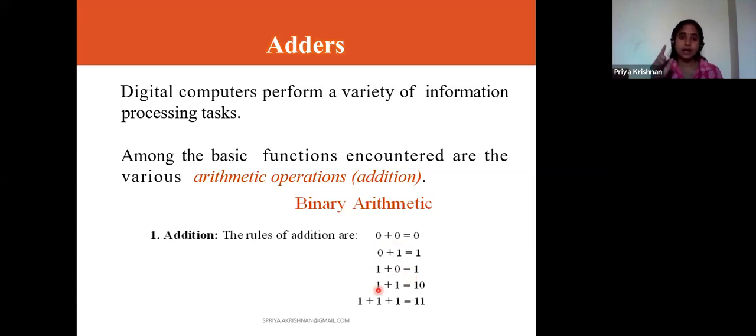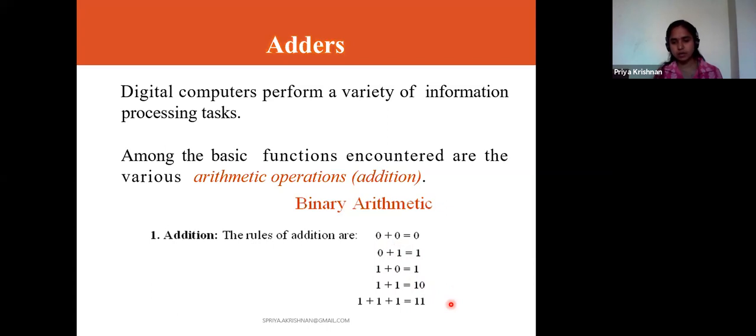And if I add 1 plus 1 in binary addition, the sum will be 0 and carry will be 1. So this is the rule we want to remember when designing the adder.